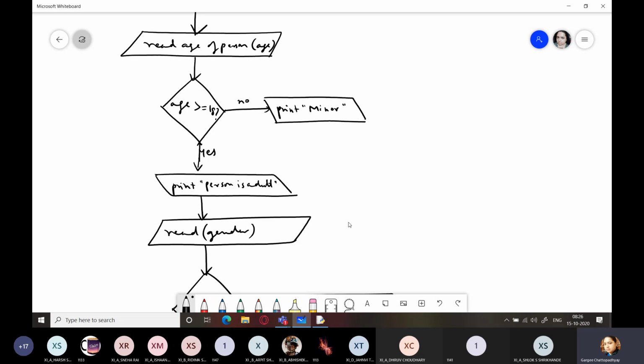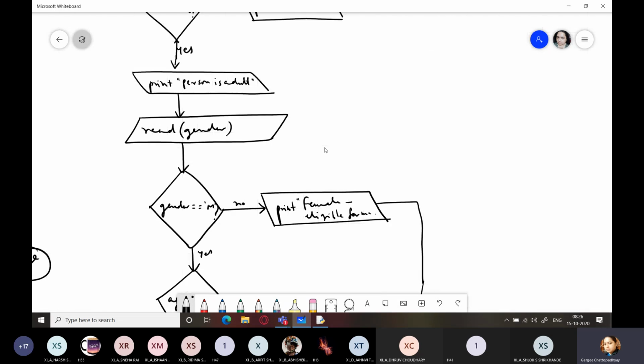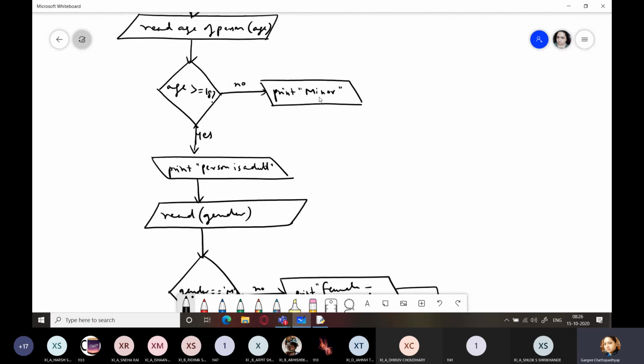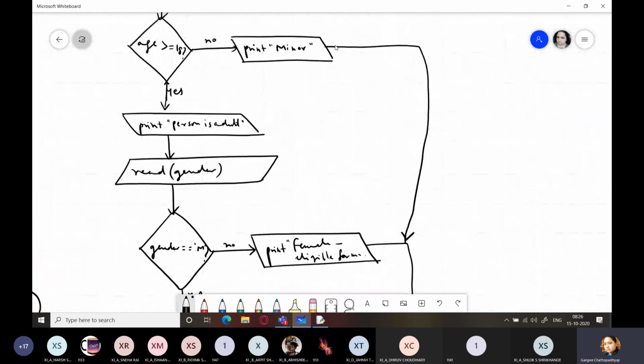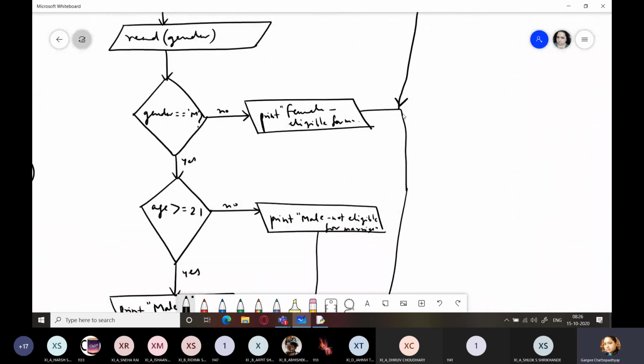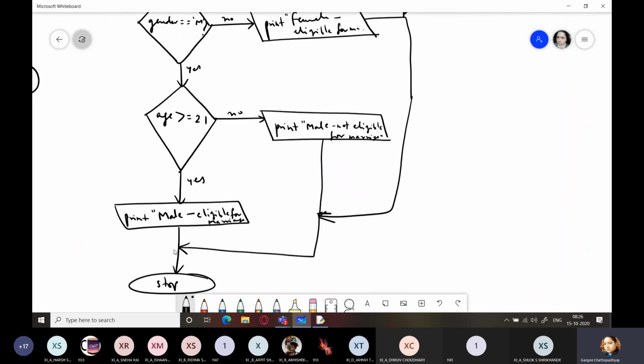No need to print whether the person is eligible for marriage or not. It is implied. We are already printing minor, and now this no will also lead to stop. You can check it, it is also leading to this arrow over here, which is leading to stop.